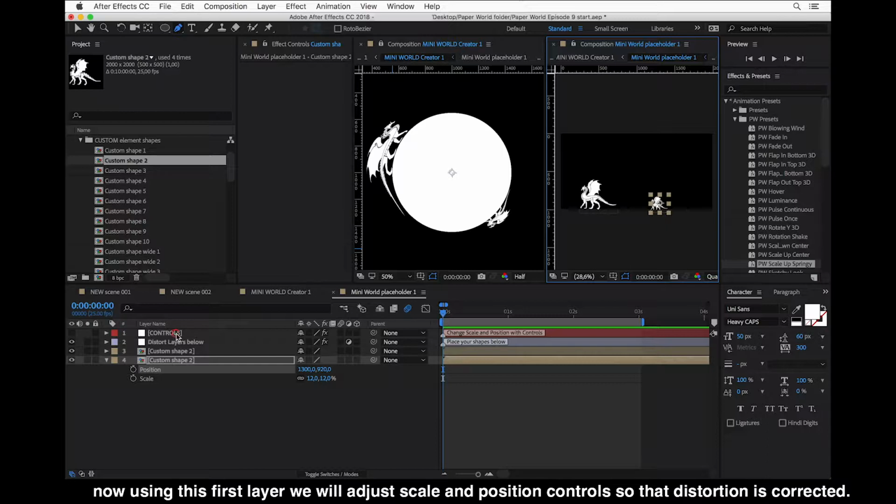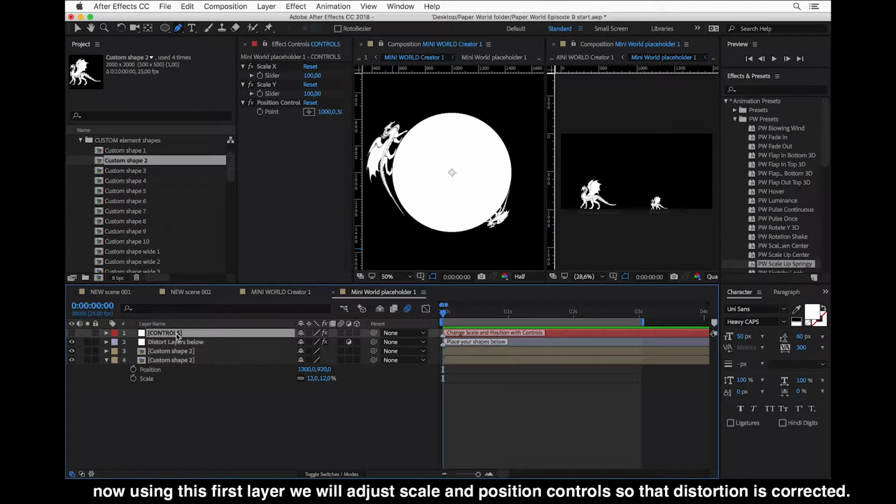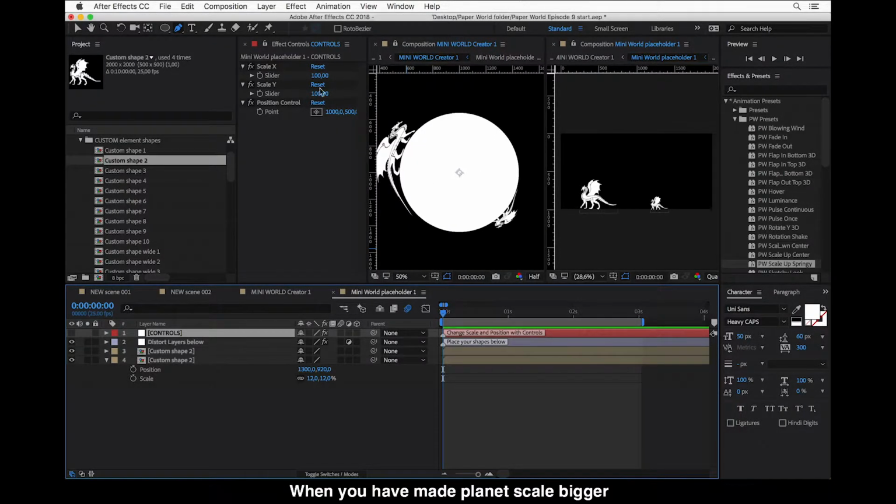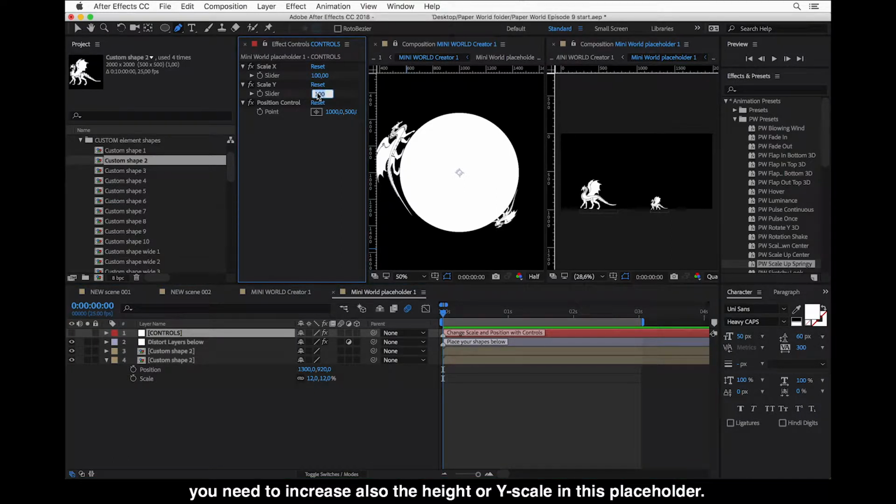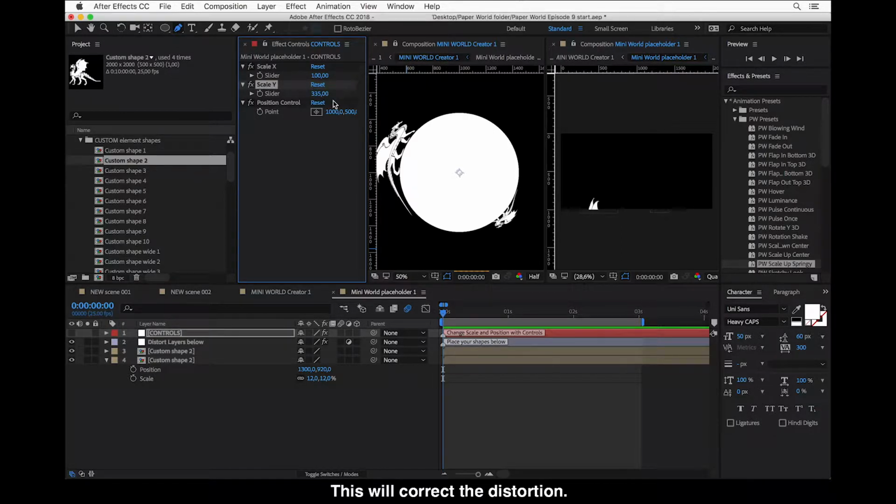And now using this first layer, we will adjust the scale and the position controls so that our distortion is corrected. And when you have made the planet scale bigger, you need to increase also the height or Y scale on this placeholder. And this will correct the distortion, and you need to correct also the position